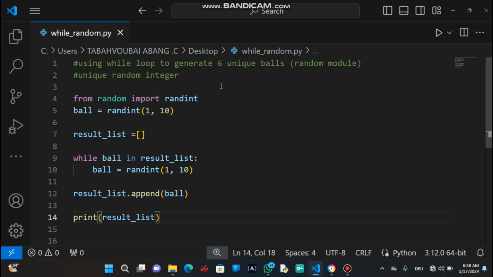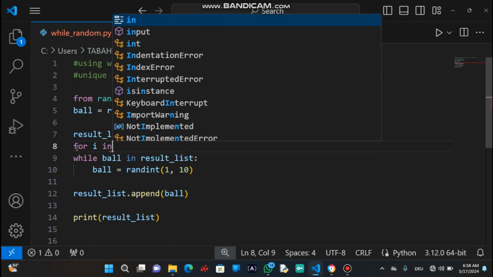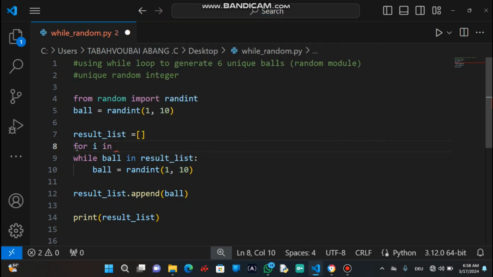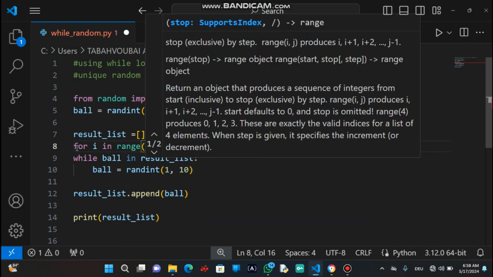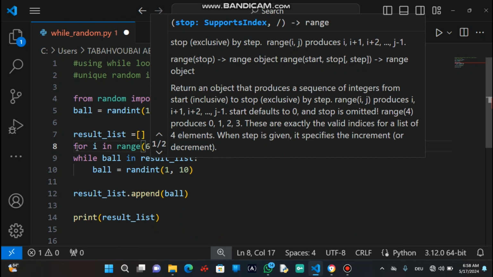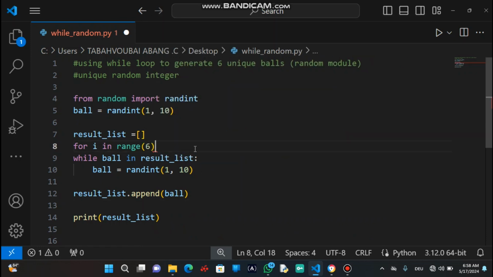So in order for us to have only 6 balls, we need to use the for loop. That is, for i in the range 6, because you said you want 6 balls, do this.